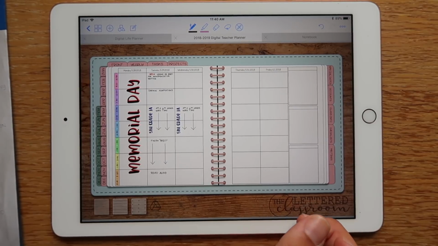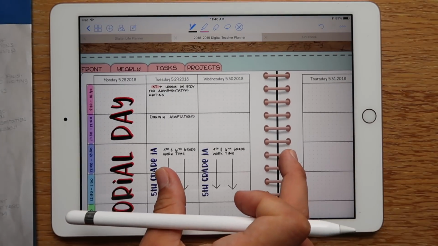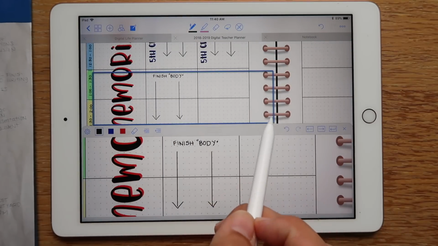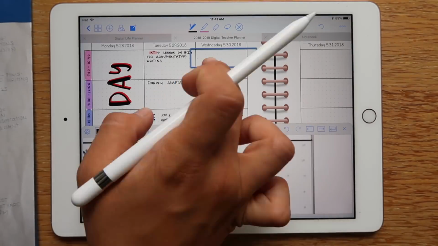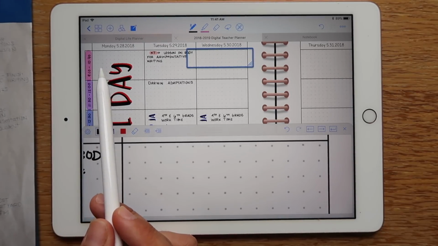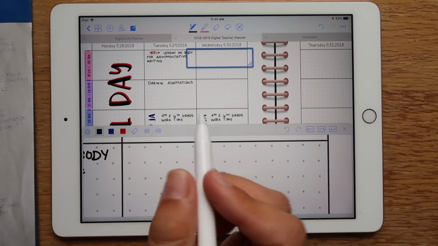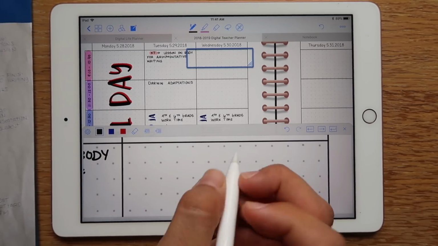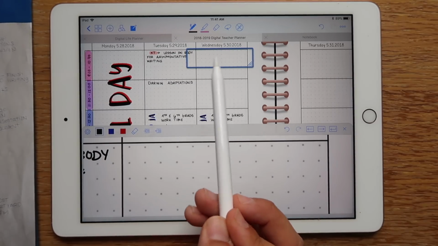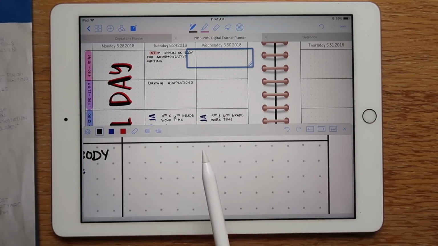Now I need to do my Wednesday. Let's do, in the morning, I'm going to go to my close-up tool again so that you guys can see it a little bit better. Alright, so here's my 9:10 to 10:40. So on Wednesday from 9:10, we are possibly going to have JA and work time. We're going to try to check with the guy who's coming in to do our JA lessons to see if he can do it on Wednesday in the morning, because in the afternoon we need to use that time,